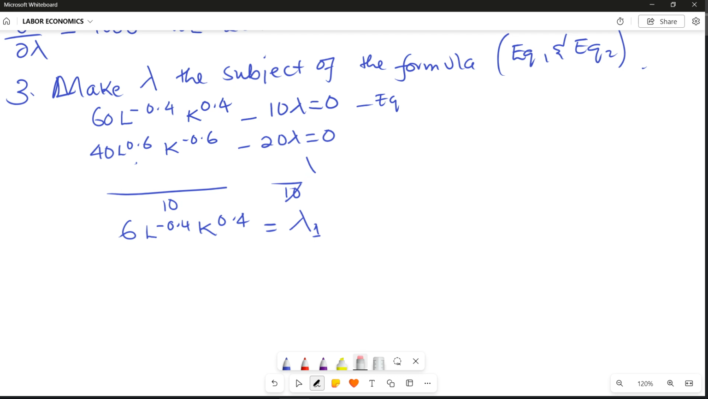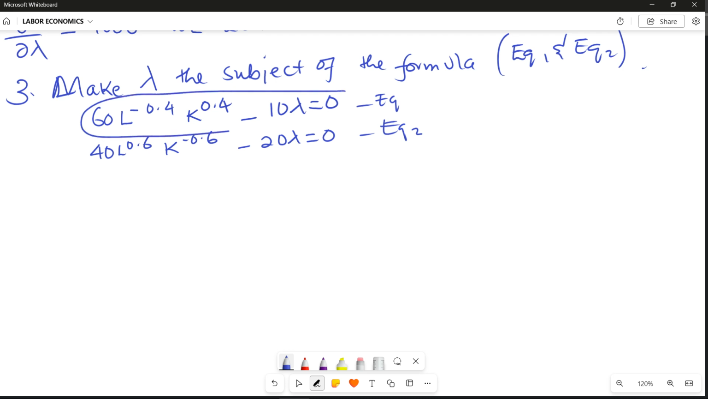We have two equations. Remember, we made equation 1 and equation 2 from the partial derivatives, yeah? So, from the first partial derivative, can we make lambda the subject of formula? Our equation 1 is this one: 60L to the power 0.4 K to the power 0.4 minus 10 lambda is equal to 0. That is our equation 1. From that equation, can we make lambda the subject of the formula? So, we are going to say